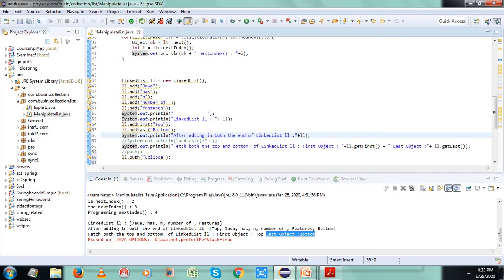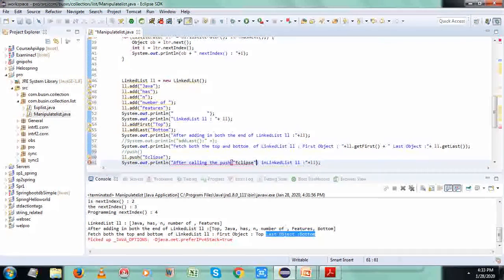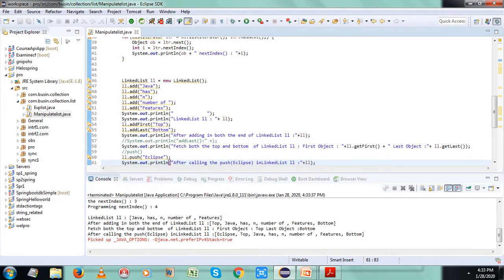So with the push method, you got to know that whatever object you pass in, that object will be placed on the top of the linked list ll. And this peek method returns an object. Then System.out.println of the peek method,